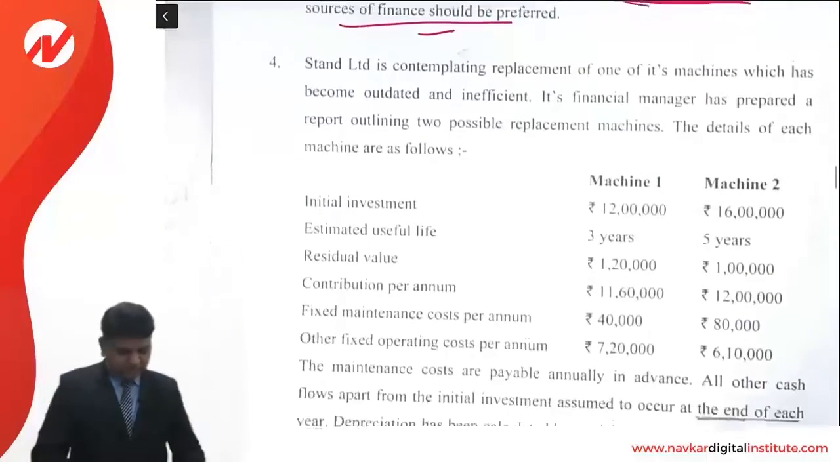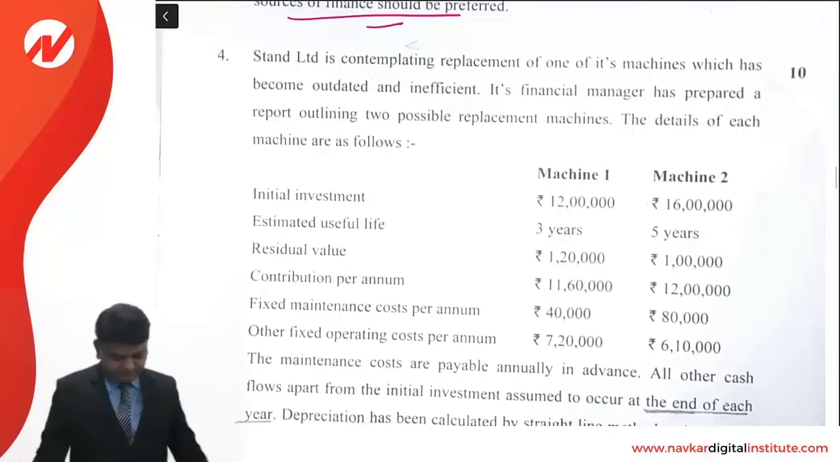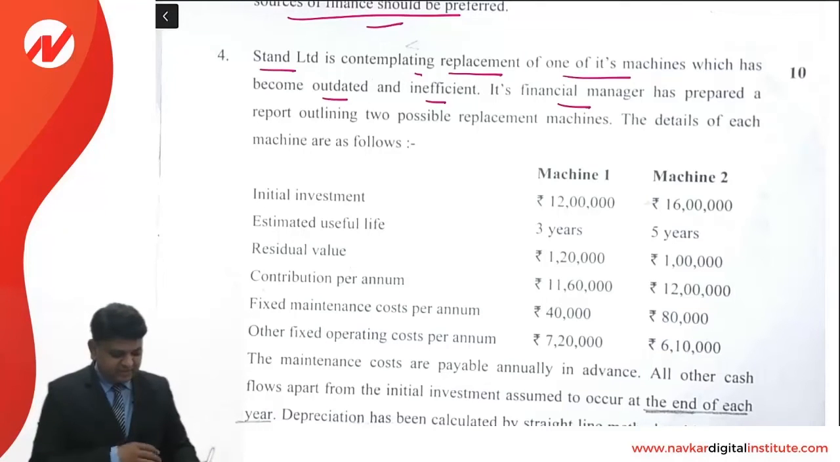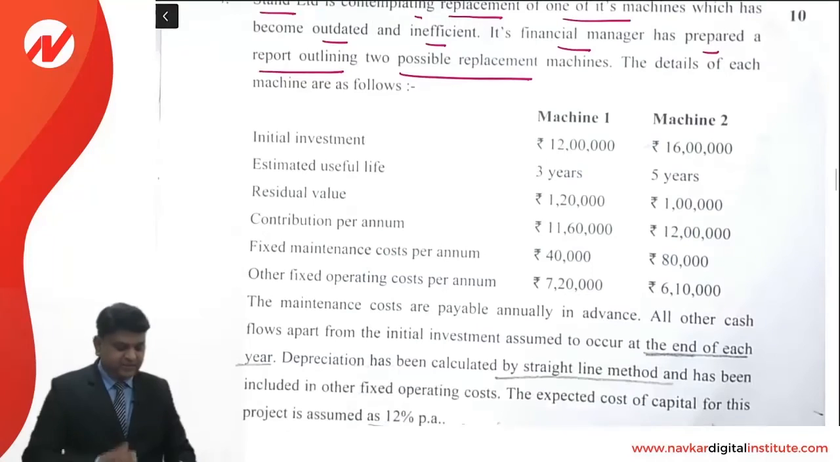Next question, question number 4. Stand Limited is considering replacement of one of its machines which has become outdated and inefficient. Its financial manager has prepared a report outlining 2 possible replacement machines, the details of which, that is each machine,